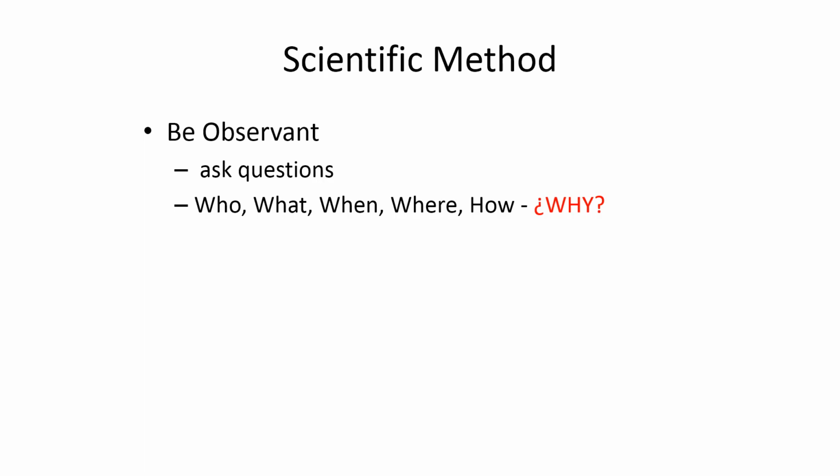Now that last one I put in there because people love to ask that question. But that's not really a good scientific question because if something is repeatable, we can learn the who, the what, the when, the where, the how of it. But the why of it, we don't always understand. And why comes down to a higher level of understanding. And therefore, in good scientific method, we don't always ask why questions. We ask who, what, when, where, how. And once we've got them down, we can kind of figure out our interpretation of why something happened, but it's not necessarily a why question.